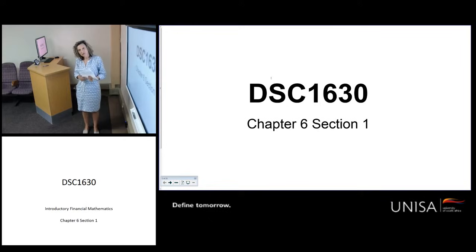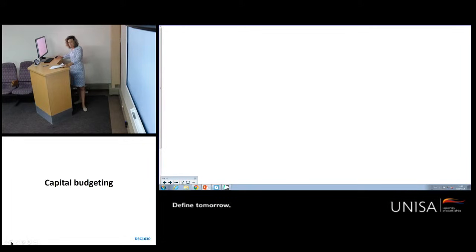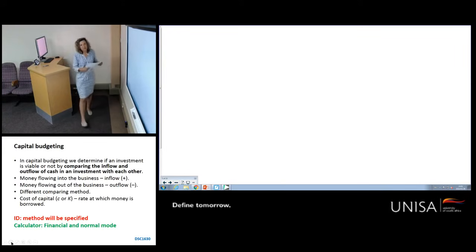Today we're going to start with chapter 6 and the first section on chapter 6. Now chapter 6 has got to do with capital budgeting. Now what is capital budgeting? Capital budgeting is when you want to make an investment